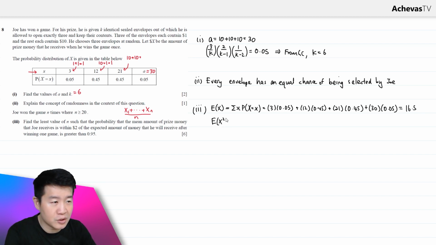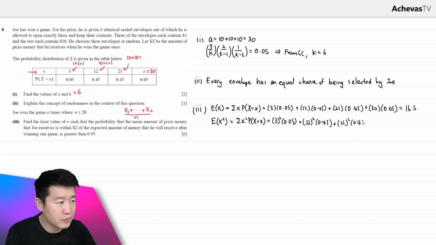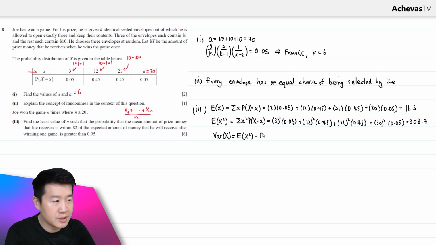So let's first find the expectation of x squared. This is going to be the summation of x squared multiplied by the probability that X is equal to x. So this will be 3 squared times 0.05, 12 squared times 0.45, then 21 squared times 0.45, and finally 30 squared times 0.05. This will get you 308.7, which means that the variance of x, which is the expectation of x squared minus the square of the expectation of x,